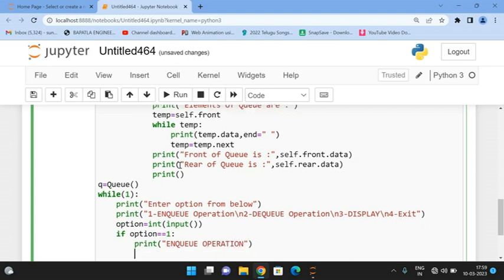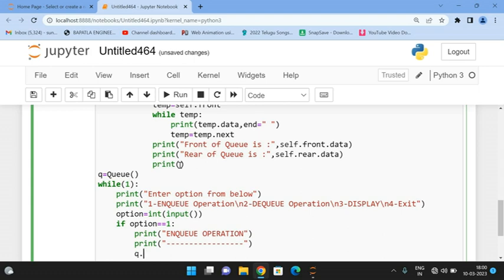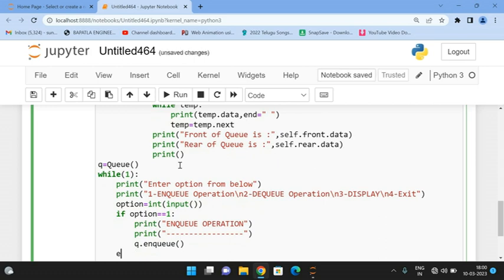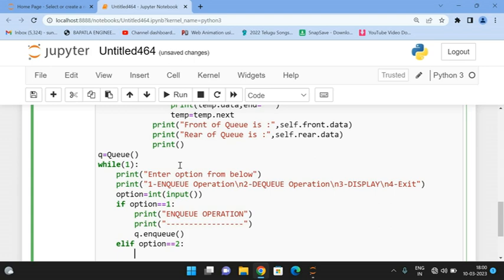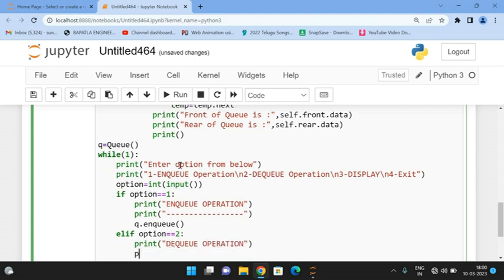So call the function, queue.enqueue. And elif the option is equal to 2, print dequeue operation,